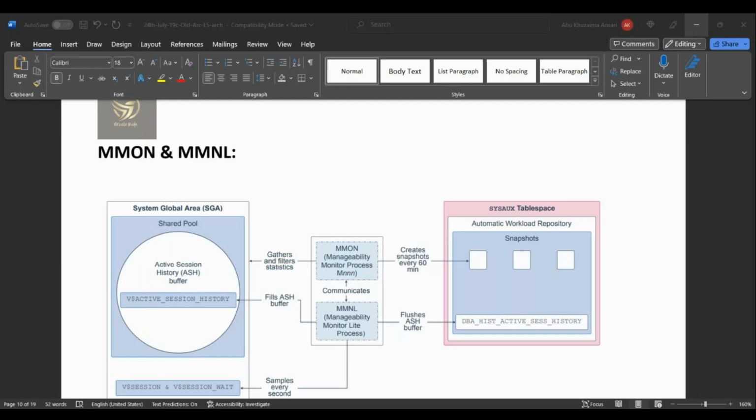If you know AWR, when was it introduced, can anyone tell me? And why is it more powerful? And before AWR, which report did DBAs actually use? Tell me those names also. Guys, please respond. Okay, StatPack was used. Yes, correct. Now, before AWR, yes. So when AWR was introduced